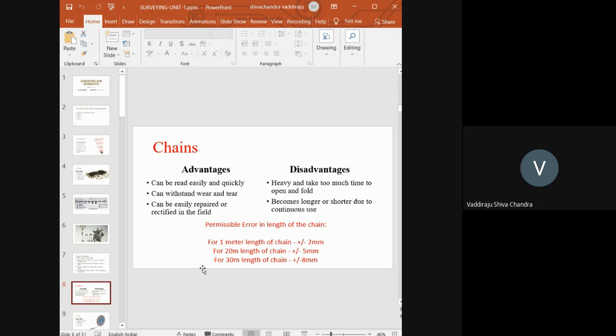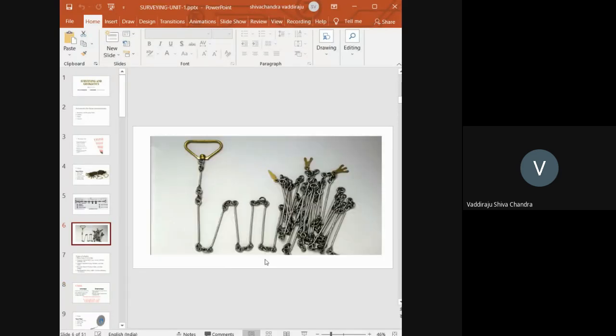What will be the repairing chances in this? What type of problems can you expect in a chain? By seeing this chain, please tell me what kind of problems you can expect. What happens when we drag it on the ground? Bending is one. Okay,